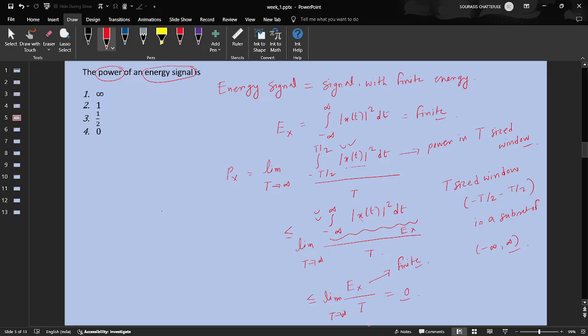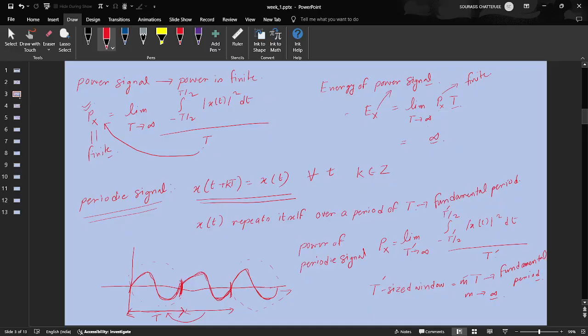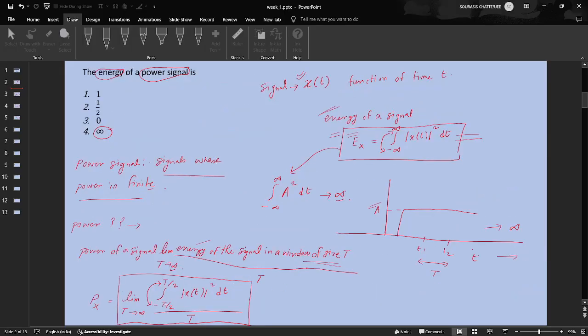So what we find for an energy signal is Px less than or equal to 0, but power is always a non-negative quantity, so it should be greater than or equal to 0. If you go to this generic expression of power that I have written, since this term is always non-negative, this Px,